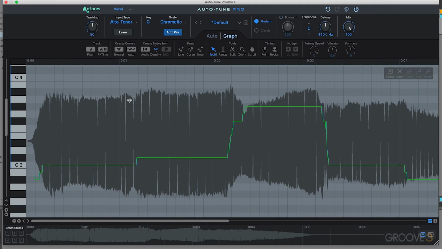The next option is going to be Create Notes From. And this is used to create those note blocks that you saw earlier. So if I hit this, now we get those note blocks. And you can also see there is a little bit of that pitch curve there as well, letting you know what's happening. And that gives me these note blocks that I can then drag around to adjust